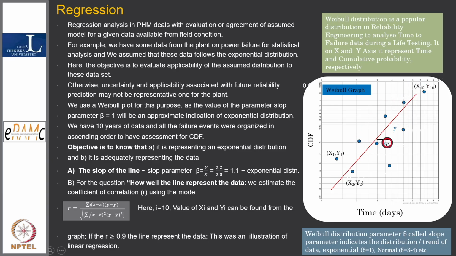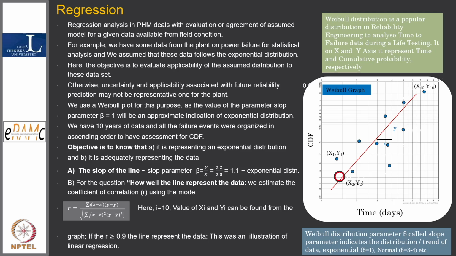In between data points are there, and we thought that let us represent this data by this line, because you see they are around this line actually, but I am not sure how well this data can be represented by this line. It's a big question. It is my assumption that this line is representing this data. Now what to do? What is my confidence? So this is a regression technique, and in PHM it is required, because I have to always represent a line,